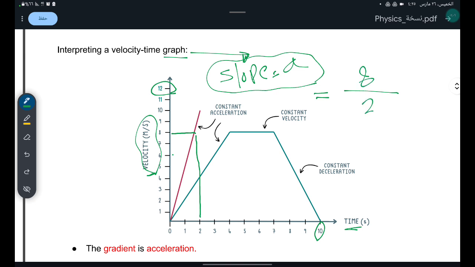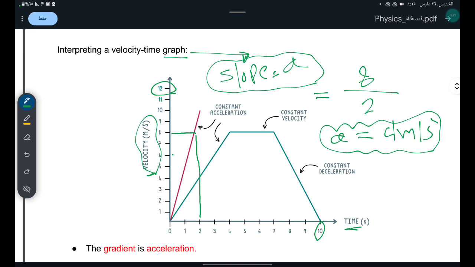Acceleration here equals 4 meters per second squared. If you want to calculate the acceleration from the graph, it is change in y over change in